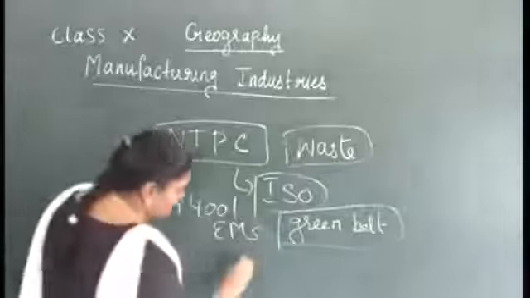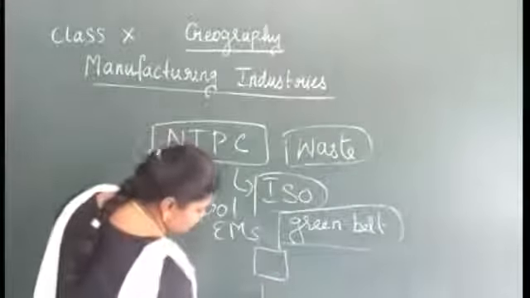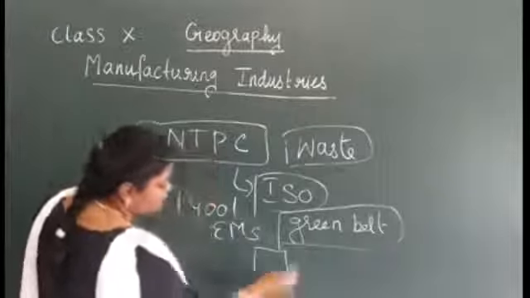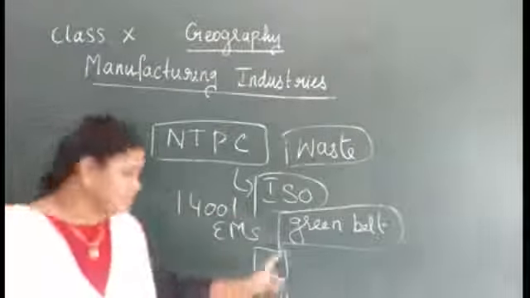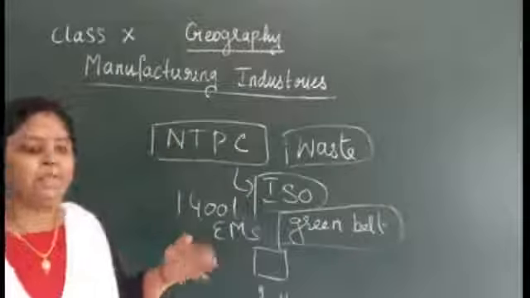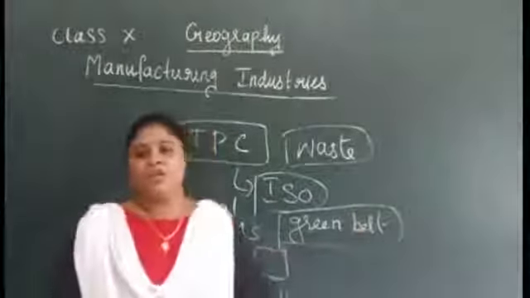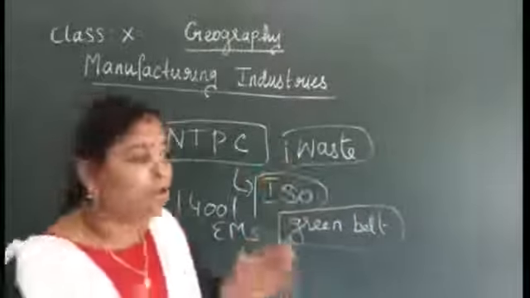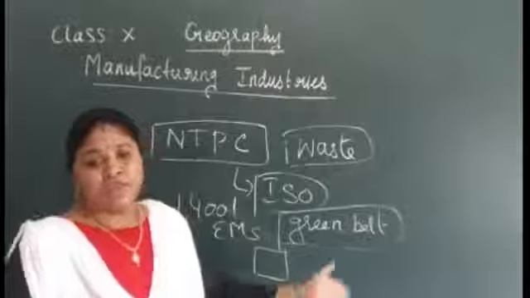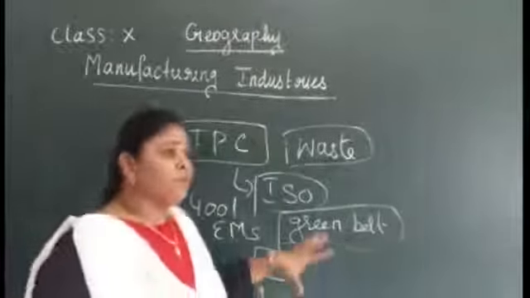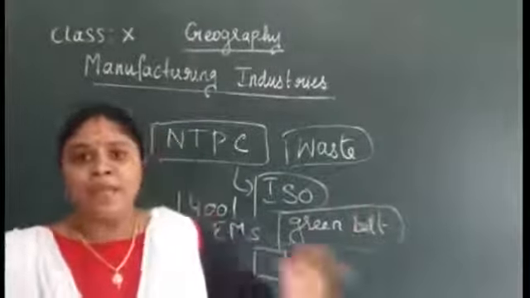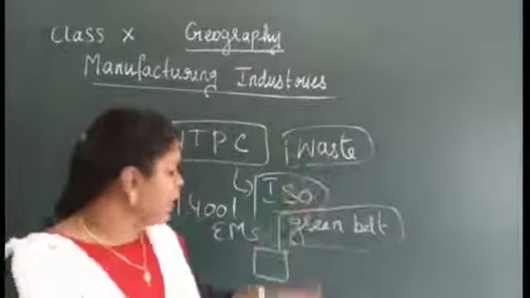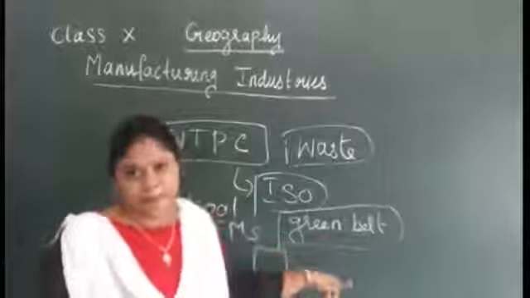Like for example, imagine this is an industry. In these areas you can find a lot of trees which will be grown, in the form of a straight line, which is called a green belt. So they are going to have lots and lots of trees around these industries and also at the road corners. When this is done, it will protect the environment. It will not let the environment get too polluted. So for that reason, they are doing this green belt.